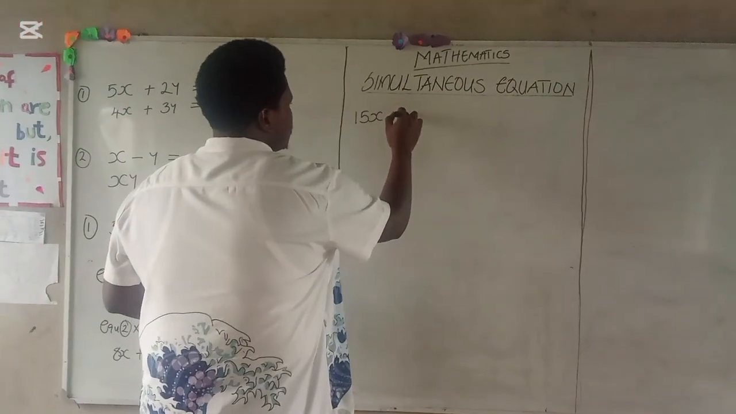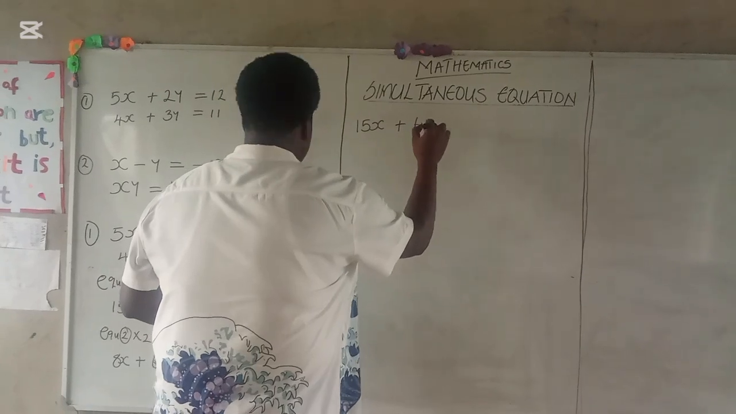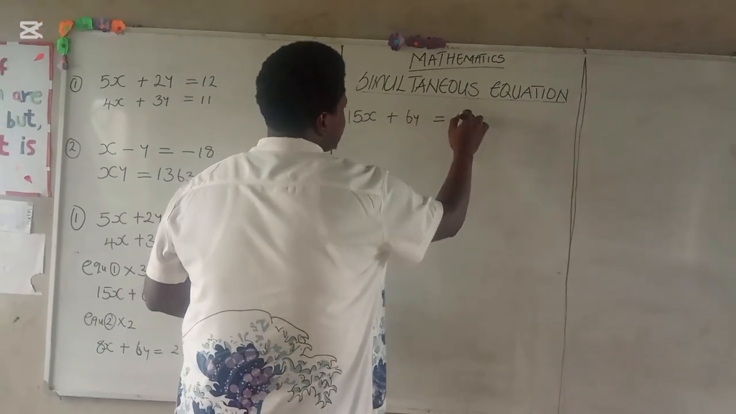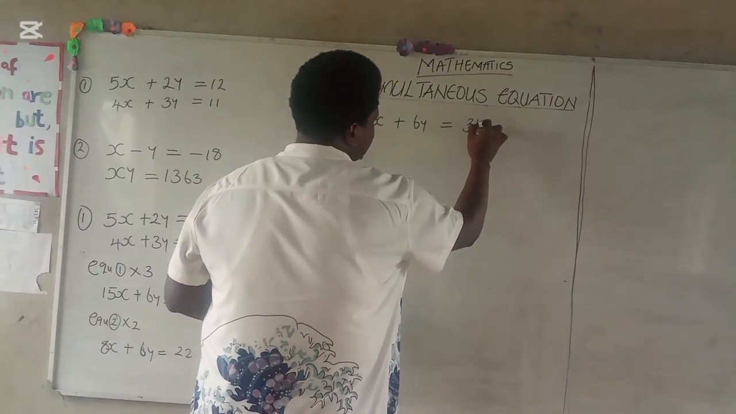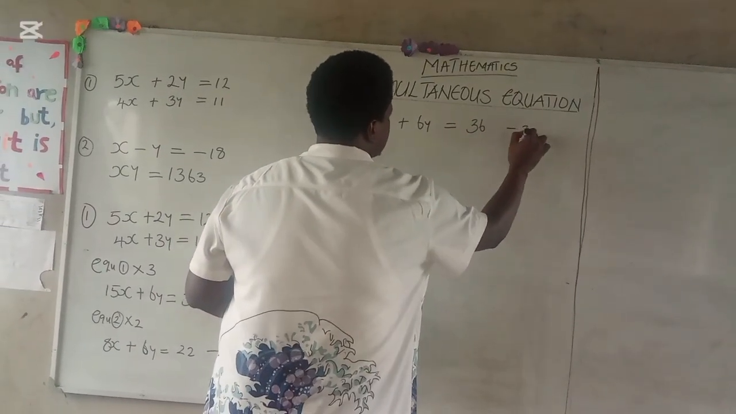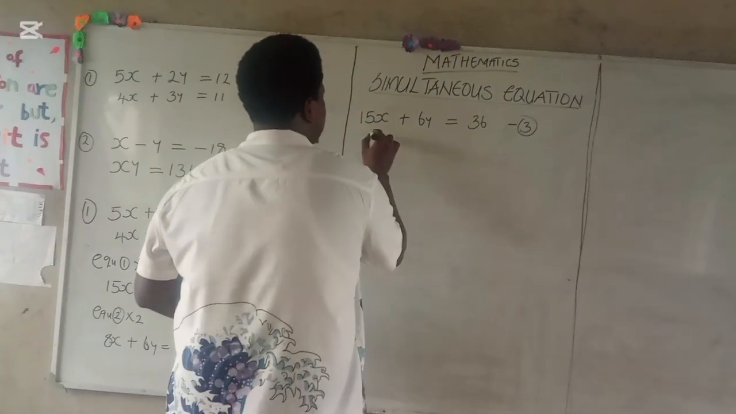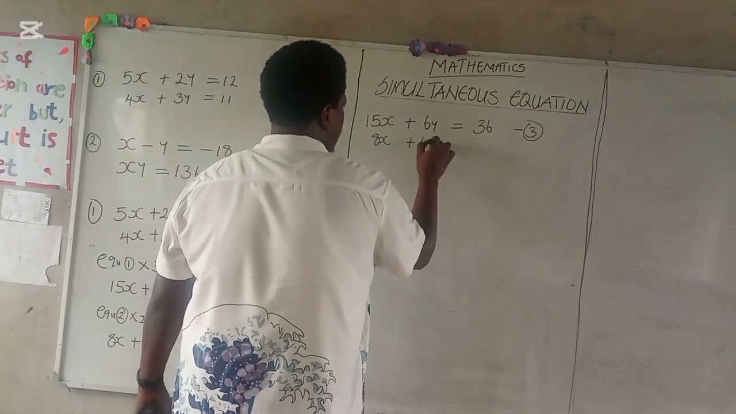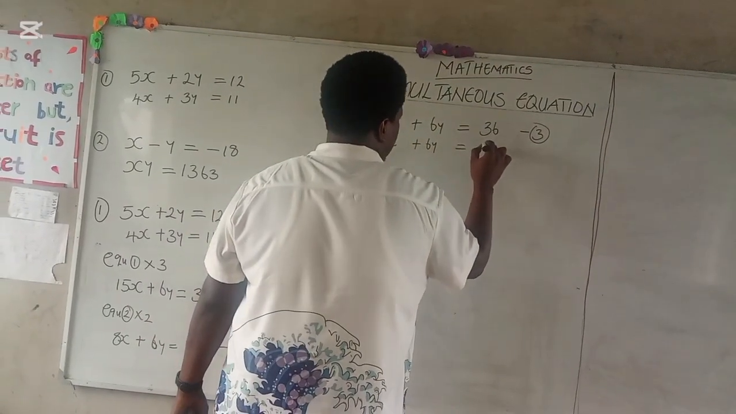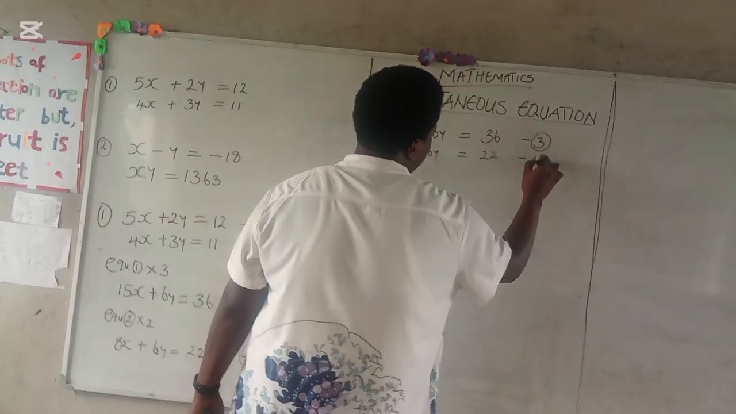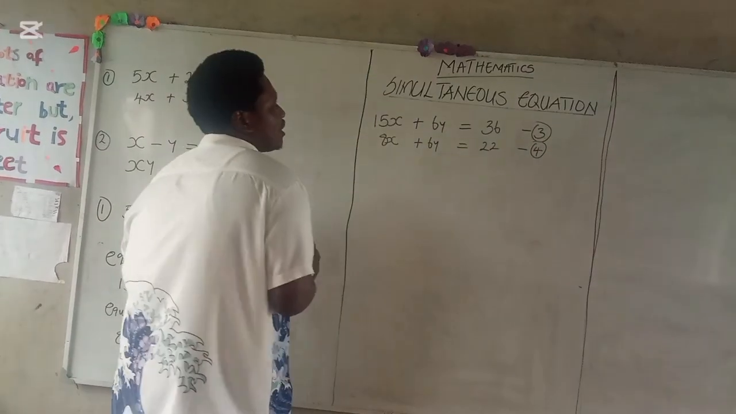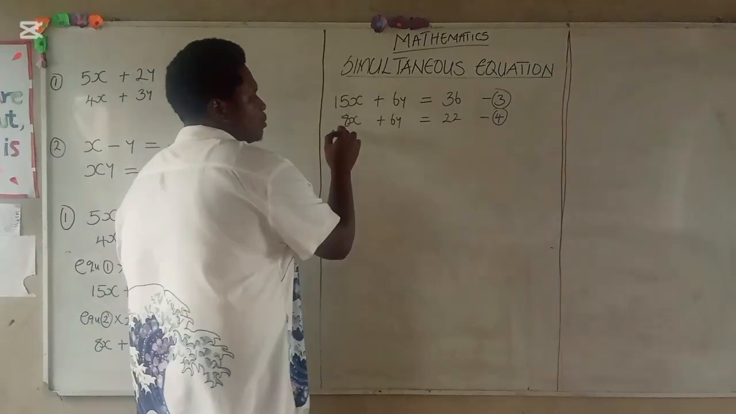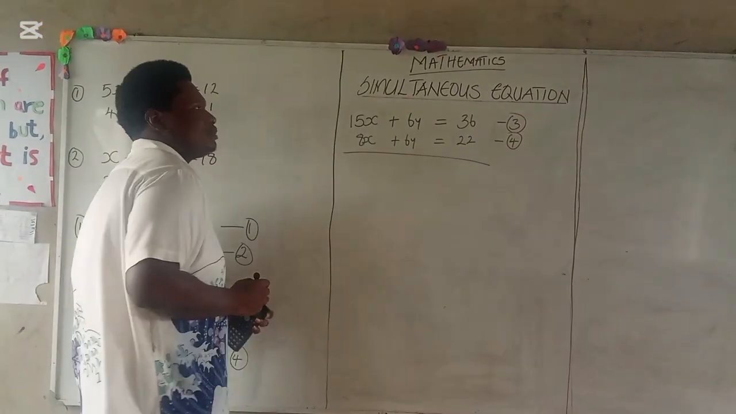15x plus 6y is equal to 36. This is my equation 3. And I have 8x plus 6y is equal to 22, and this is my equation 4. Now because they are same signs, I am going to subtract. Now we subtract